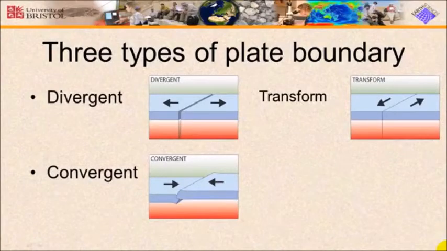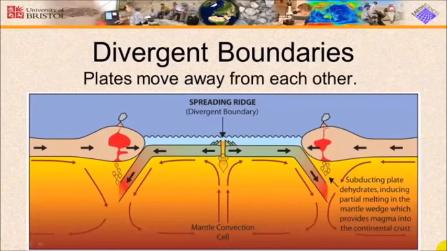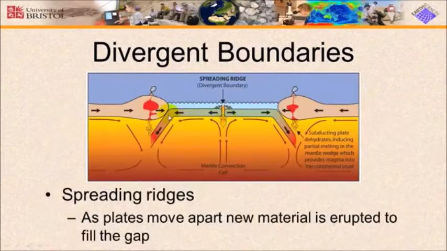There are three types of plate boundaries: divergent, convergent, and transform. Divergent boundaries are plates that are moving away from each other, and they can either be oceanic plates, like the one shown here, or you can have a divergent boundary with continental plates. At a divergent boundary, as the plates pull apart, hot molten material, magma, rises up to the surface, causing volcanic